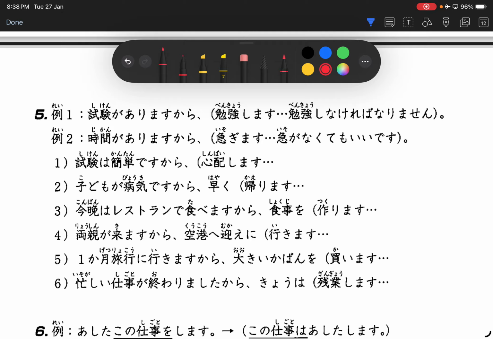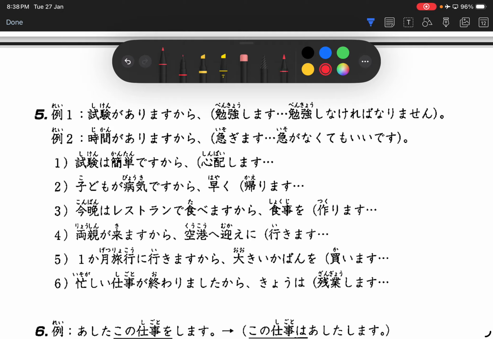Since when does negative have ki? Ki changes to ka. So 行かなければなりません。Right? The negative form is basically changing the i sound to the a sound. Just now was 帰ります、帰らない。作ります、作らない。行きます、行かない。